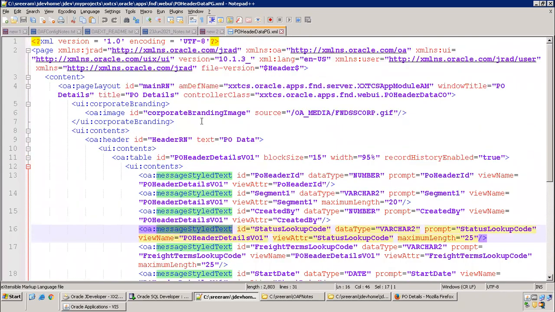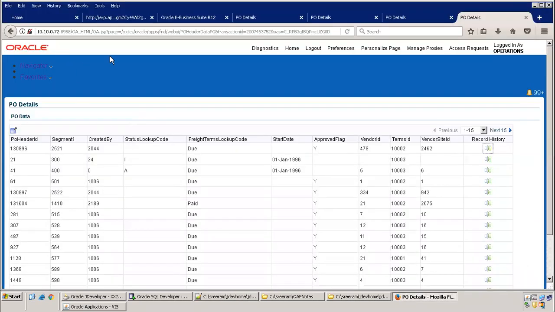This will get converted into an HTML page at runtime. That is the functionality of the OA Framework. This XML page will be converted into an HTML page at runtime. That is taken care of by a page called OA.jsp. This OA.jsp considers your pg.xml and converts it into an HTML page at runtime. That will get into some internal details later, once we discuss deeper things. For now, shall we wind up? Yeah, sure, we'll wind up.